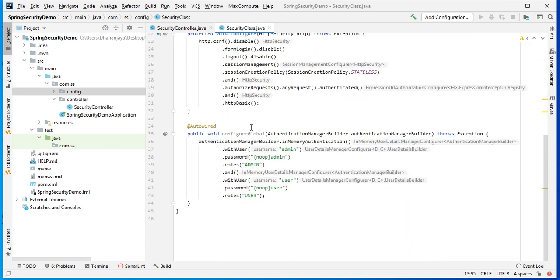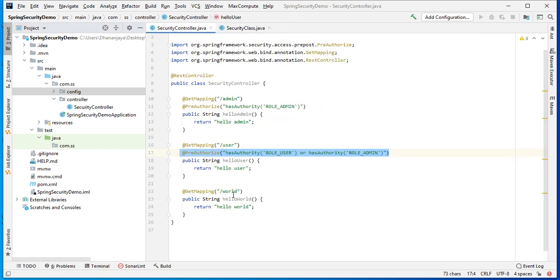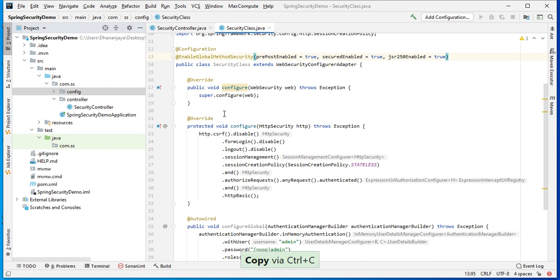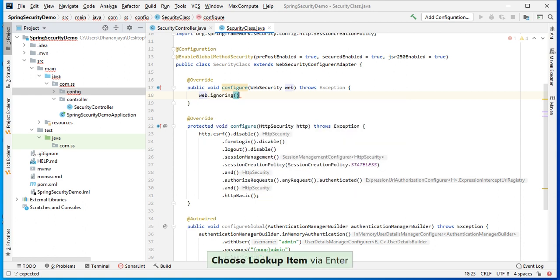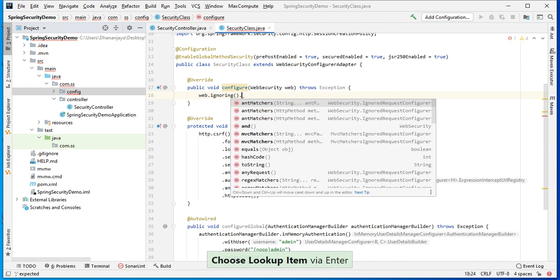And yeah, this URL we don't need any security, right? That we need to configure here. So web.ignoring().antMatchers.